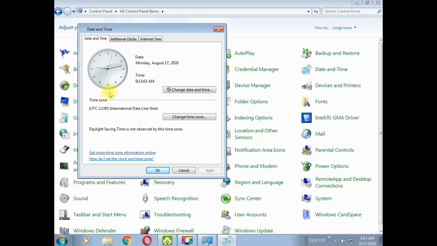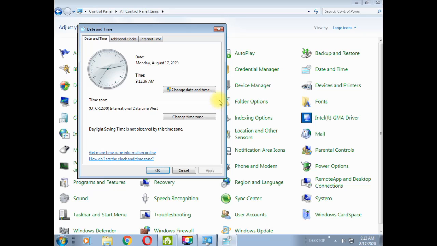Students, date and time together form an important part of the computer operating system. Incorrect date and time may cause hindrance in using some applications. You can set the time and date of the system manually or automatically. The control panel has an option date and time that allows you to change the computer's date and time.